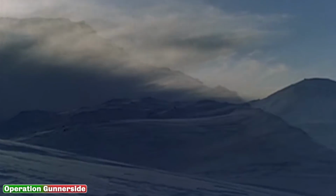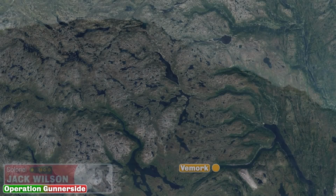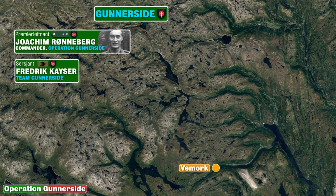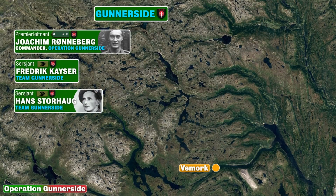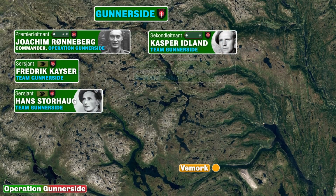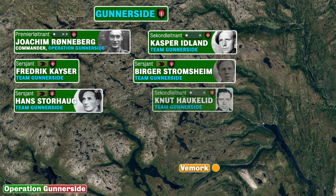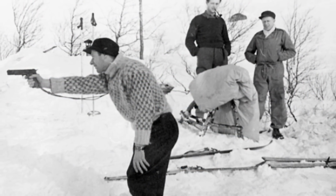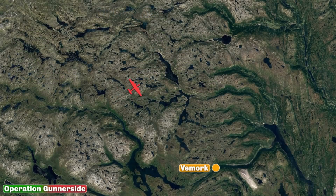The plan involved a further team of 6 Norwegian SOE agents being dispatched to Vemork. Lieutenant Joachim Rønberg would lead Sergeant Frederick Kaiser, Sergeant Hans Storhau, Lieutenant Kasper Edlund, Sergeant Birger Stromsheim and Lieutenant Knut Hauklid. After a few weeks of intense training using an exact replica of the plant, Gunnerside was dropped on February